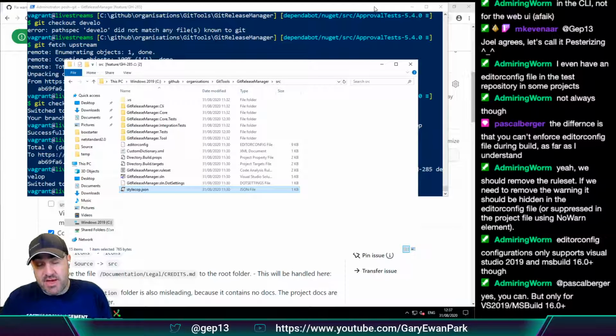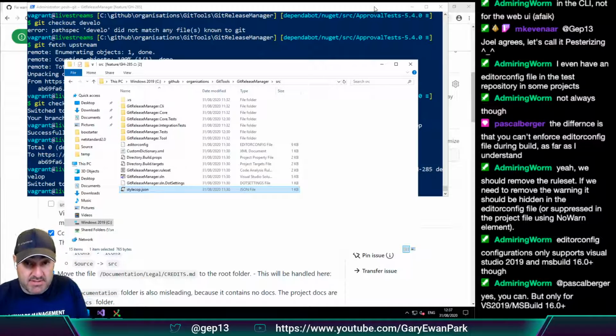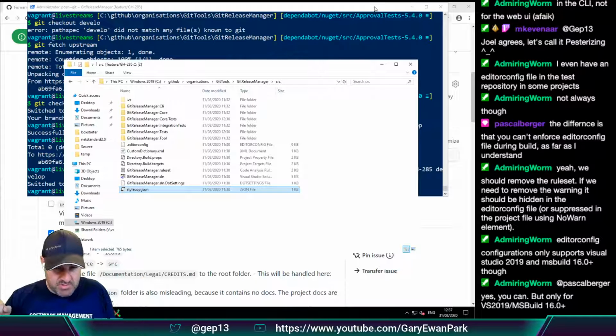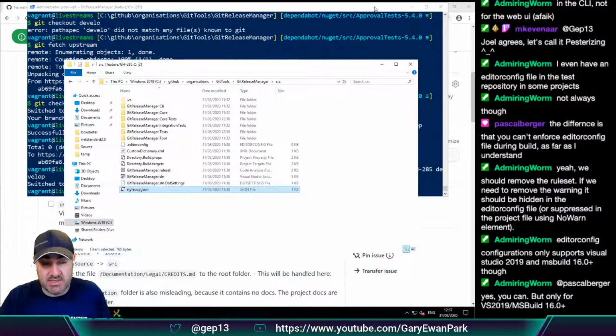So I think I'm okay with that. I mean, we're not in a position with GitReleaseManager where we are with some other projects where we are constrained by certain upstream things. I think I'm okay with specifying that we need at least MS Build 16 and VS 2019. I think I'm okay with that. So that's where I'm hoping to go with this issue.